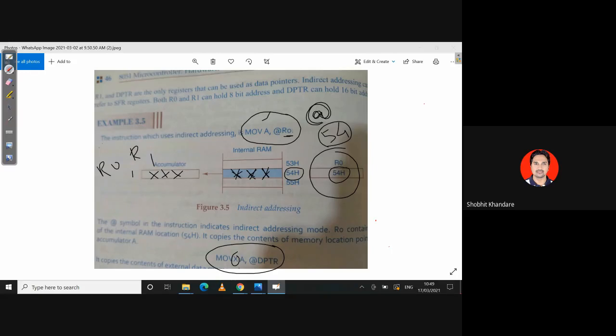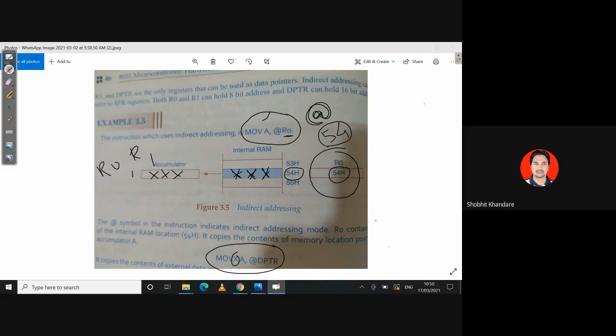My next question: to access 64 KB, how many address lines are required? 16. Yes, you are right, 16.